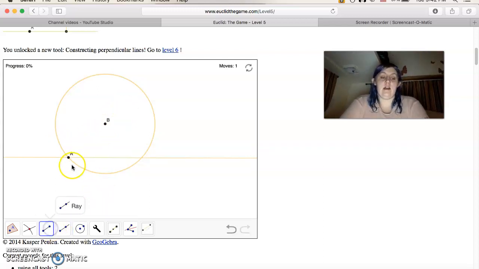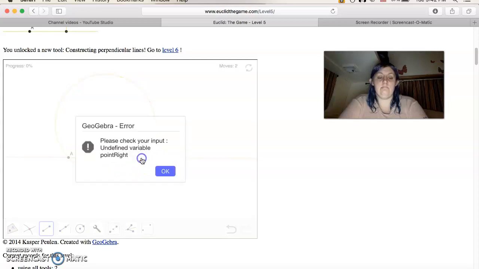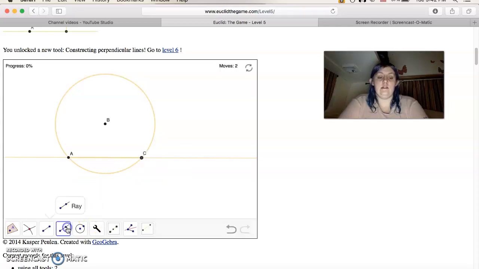We're going to create a line segment from A to where the circle intersects the line again. This will be C. Then we're going to do midpoint from A to C. Then we know the exact middle from A to C, and then we're just going to do a line segment